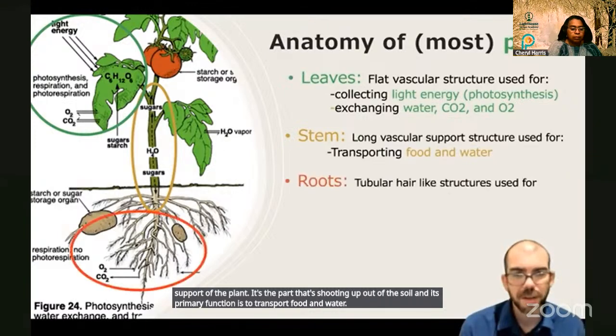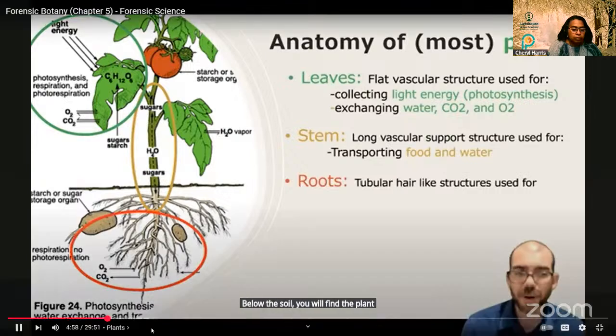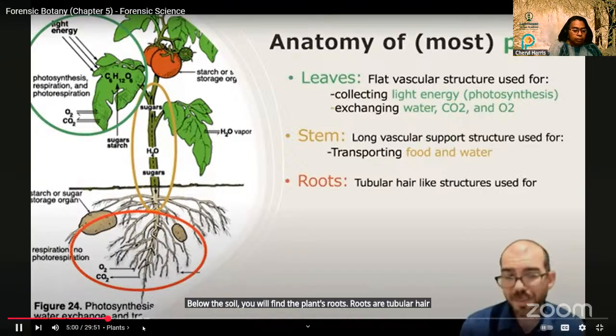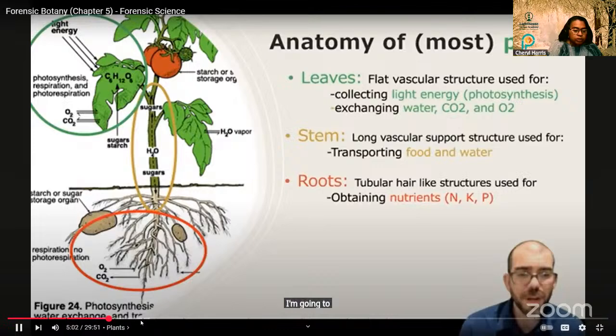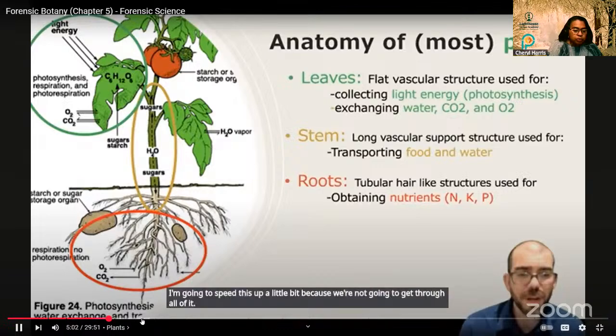Below the soil, you will find the plant's roots. Roots are tubular hair-like structures, and they have quite a few uses. The primary use is to obtain nutrients. I'm going to speed this up a little bit because we're not going to get through all of it. Fungus. Fungus is an